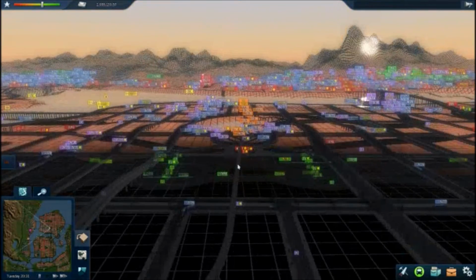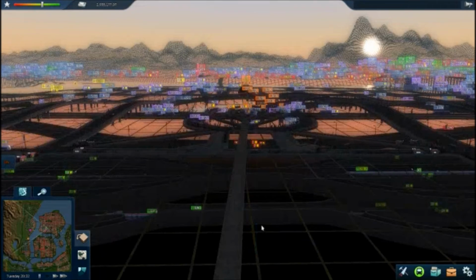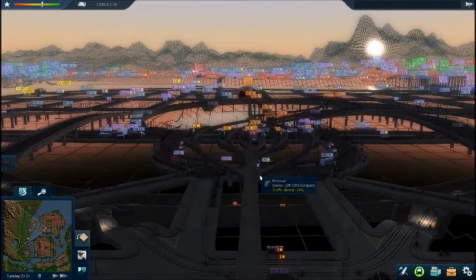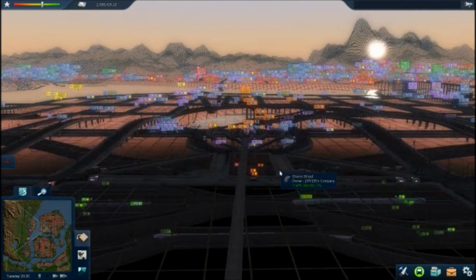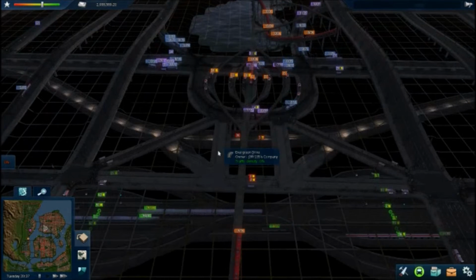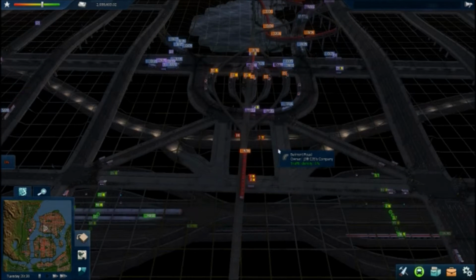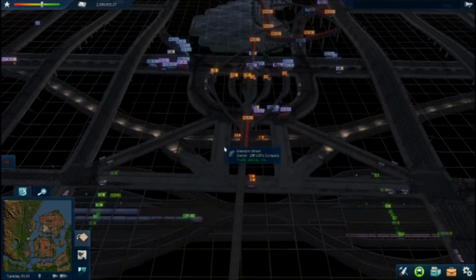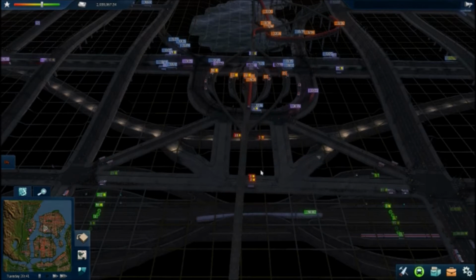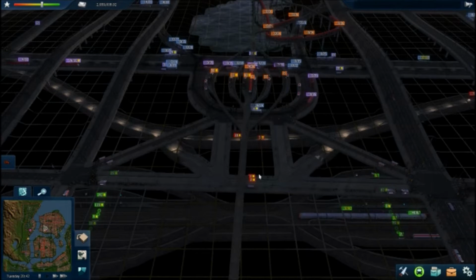What I wanted to do for the new metro line here was thread it between the lower level and the upper level, so that its stops would come out possibly, if I can get my mouse to work, on this road here and this road here. So Belmont Road and Emerson Street, because these two haven't got shelters, and I also think that might invigorate the trams a bit more, because the